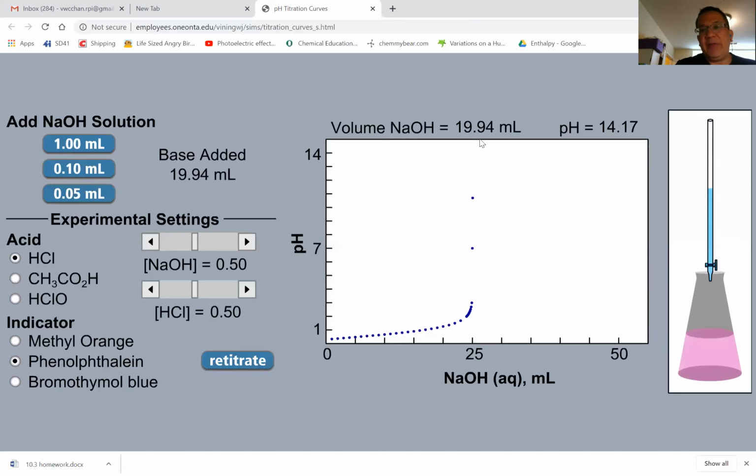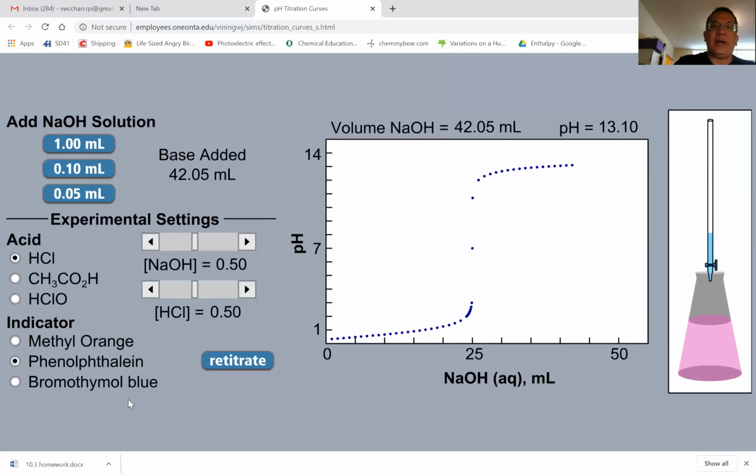That 0.5 of a mil that I've added, notice the color changed. And so this is why you can basically use any indicator for strong acid, strong base titration, because the change in pH is so great that it basically crosses all the indicators or majority of the indicators that is commonly